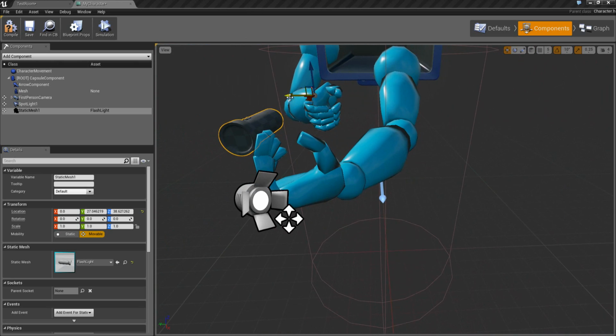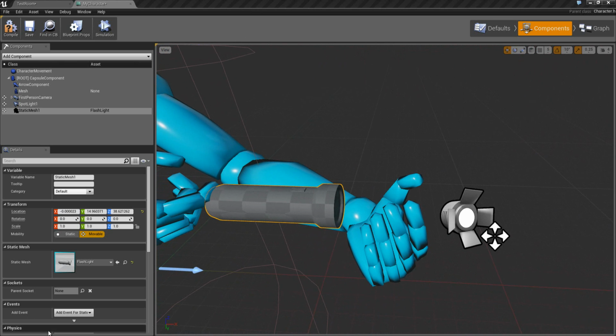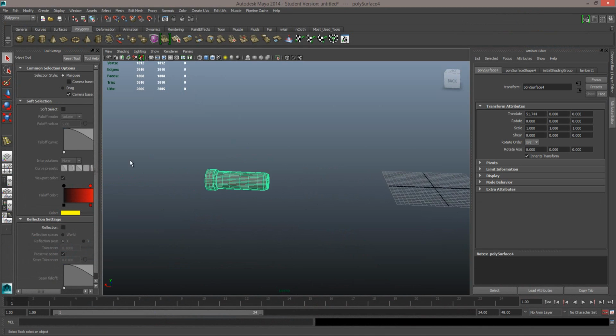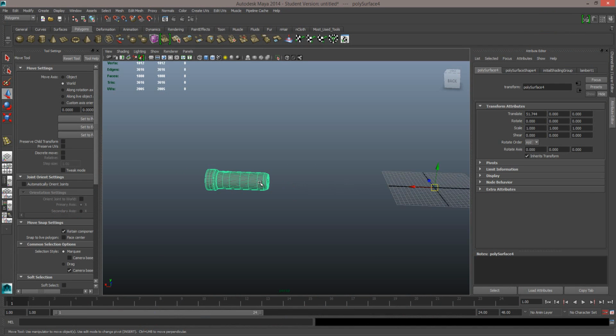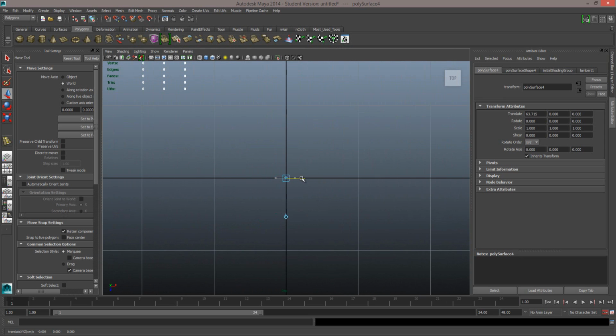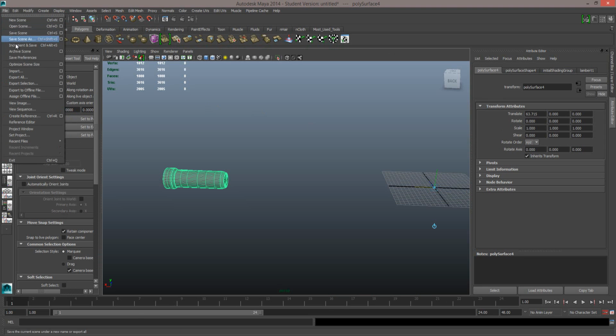we want the flashlight to go just a bit further. Seriously, not even that much. I think if I had to judge it, right there is where we have to put it. And make sure your pivot point is directly in the middle, because it really does matter a lot. File, export selection,